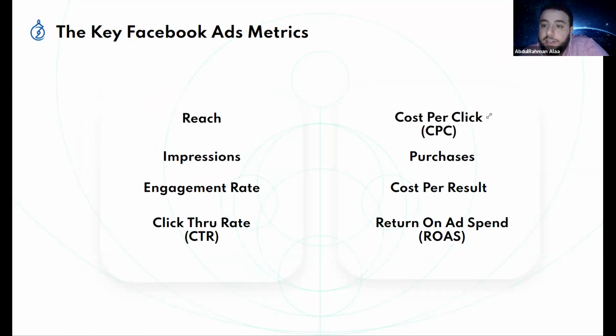Then the cost per click, the CPC, is really important. People hear that the CPC is really important on Google Ads, but yes, on Facebook as well, because you are charged per click. If your click cost is high and expensive, your ad is not good. Look, there is something on Facebook that is really good.